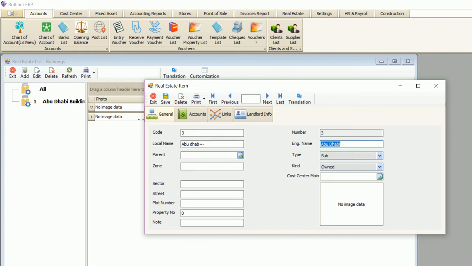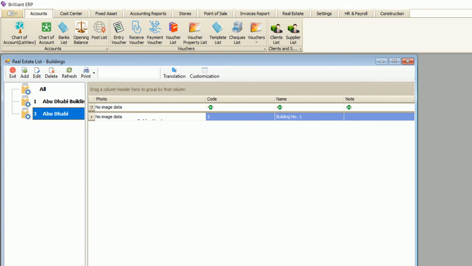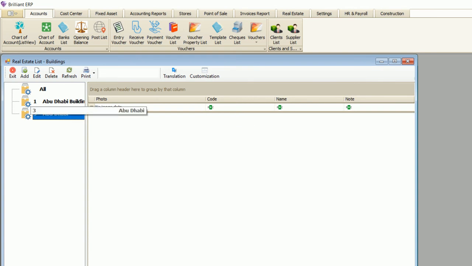Okay, if you want to make it main, it will come to this area as a main, because if it's main, you can make another building as a sub for it. So if you want to change it to main, change it to main. Now you have a main called Abu Dhabi, so it will come here in this area, but under Abu Dhabi